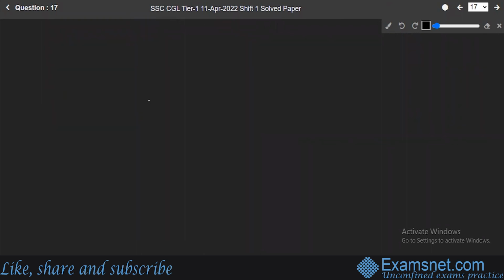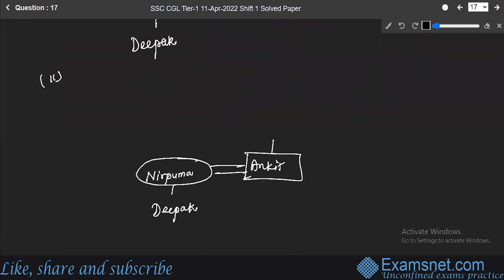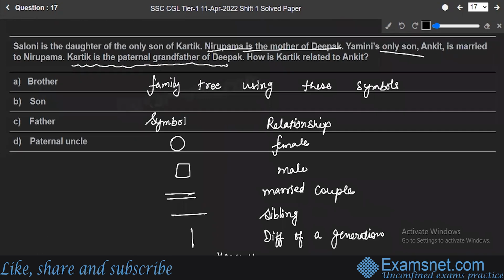See, here was Nirupama, right? She was a female, so I was putting it in this. Deepak is here, right? Nirupama was, here is Ankit, and then you had Yamini over here. Till here we had done. Okay. Now the next one is